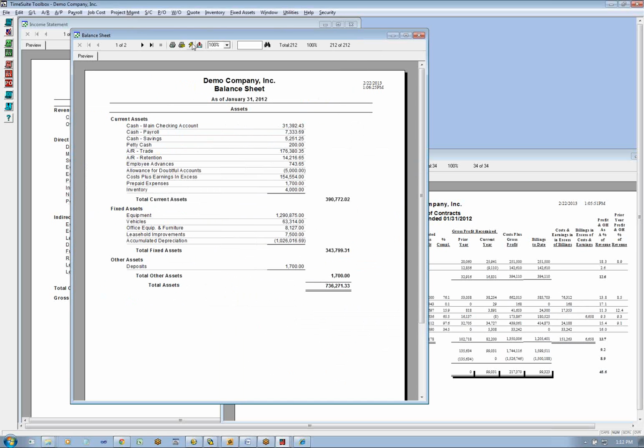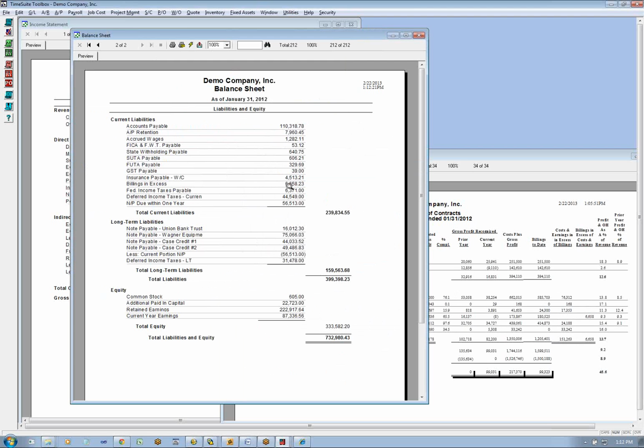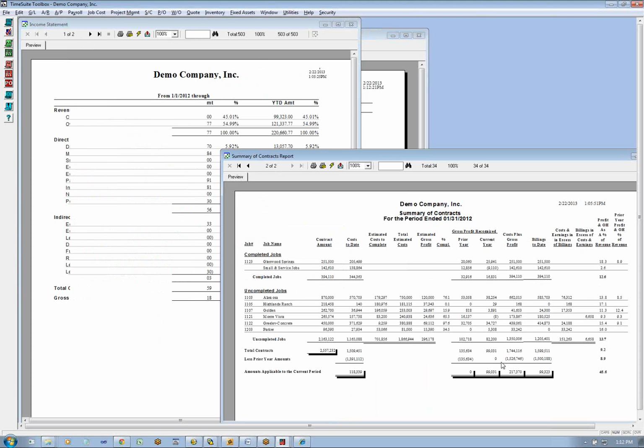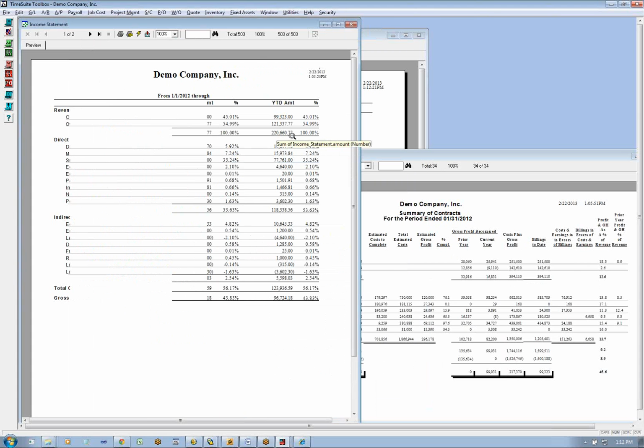So when we come over here to our balance sheet, when we hit the lightning bolt and refresh it, it's going to say 151,263, 151,263, and 6658. So now, by accruing the over-under billings for every open job in total, we're trying to adhere to the matching principle. Then if we look at our revenue, our cost plus gross profit, these are our job-to-date numbers, less the previous year numbers that carried into the current year, which will give us the number for this year.